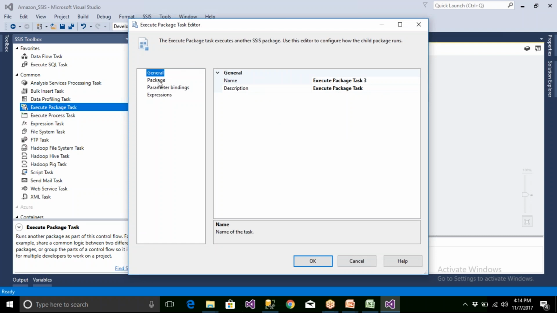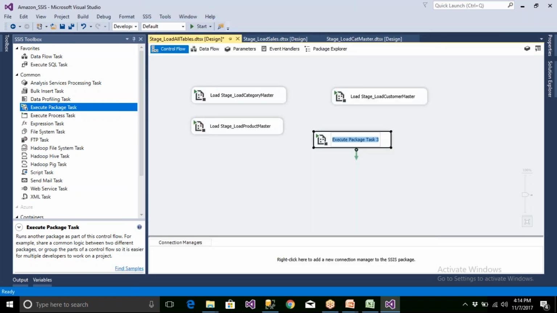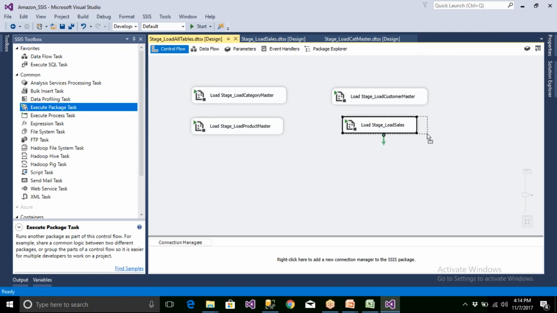Now here we're going to give what? Load sales tables, and let me take Control C, and you can say load this. That's it. So these are independent, but you need not call. So this is what is called modularization, right? If you wanted to call that package, you can call it anytime. If you wanted to load everything, you only schedule this, right? But whenever you wanted to deploy, make sure that you deploy everything, all the packages, to the SSISDB.